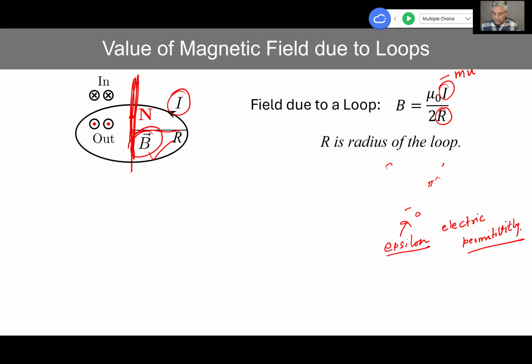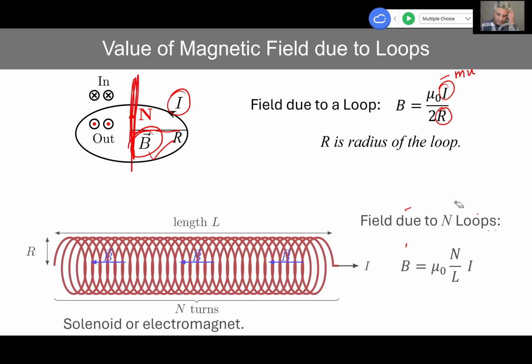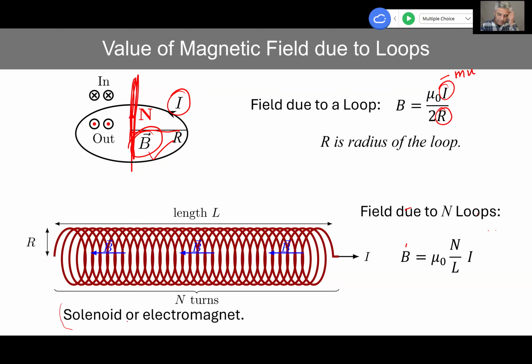Now, if we want a stronger field, we can put several coils together, and such a structure is called a solenoid. When current is flowing through this, it becomes a magnet, exactly like a magnet. But since this is not a real magnet, and it is because of the flow of current in the wire, we call this